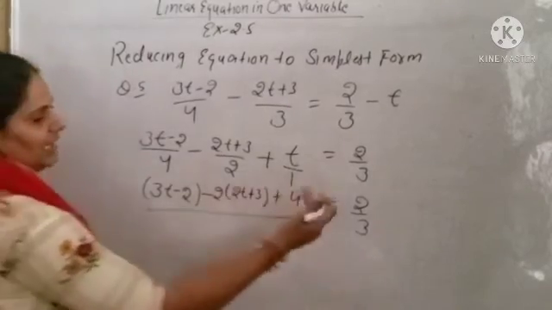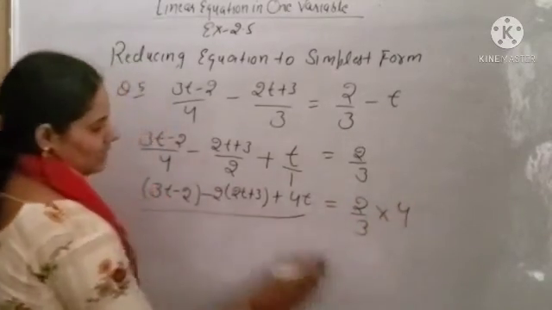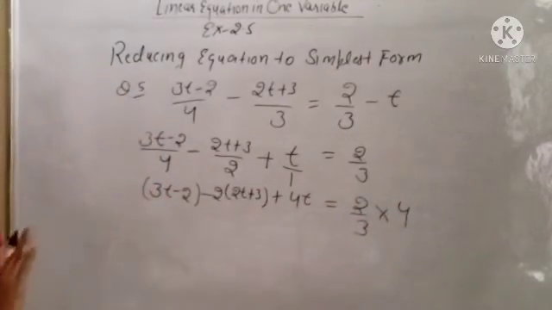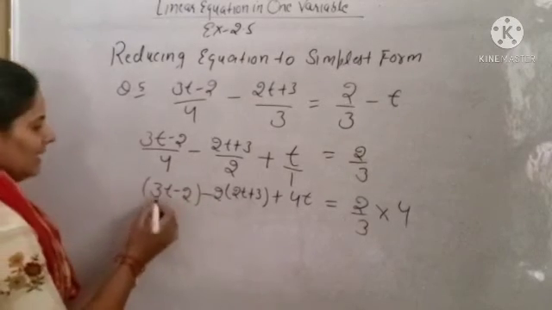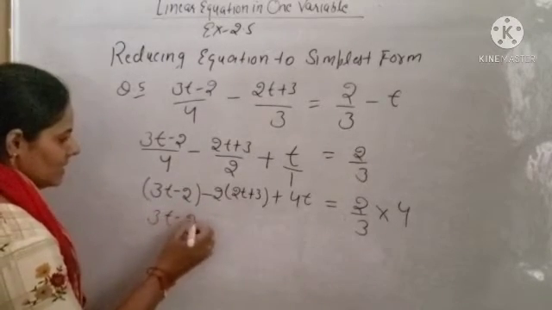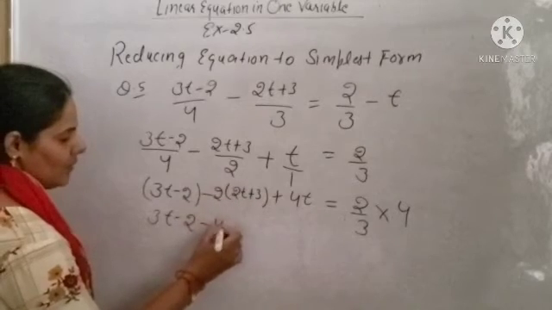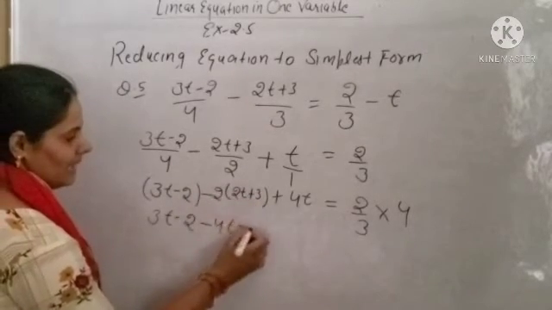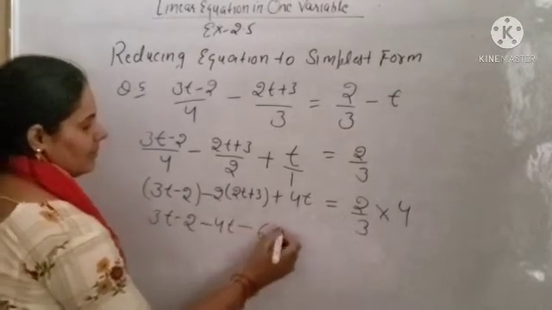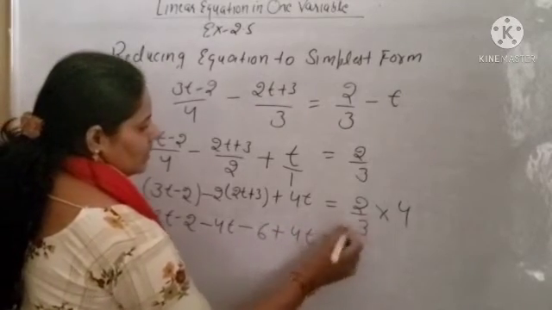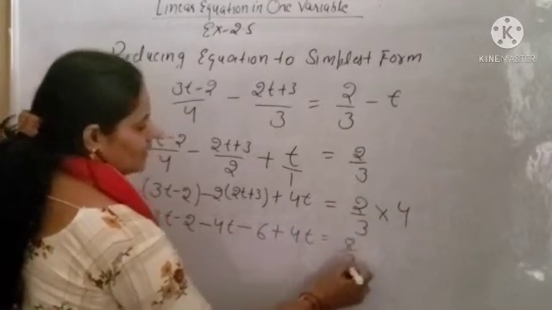Now the 12 you can take to the right hand side, so it will come in multiplication. So what is left on the left hand side? This type of equation, so open the bracket. 3 into 3t minus 2...